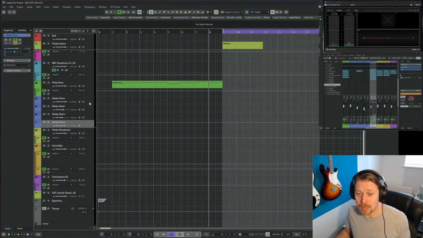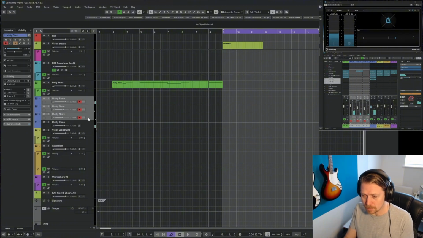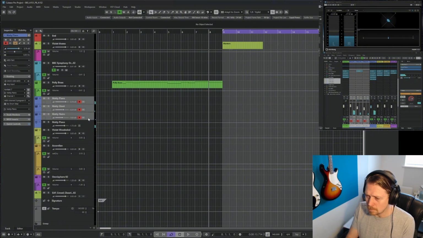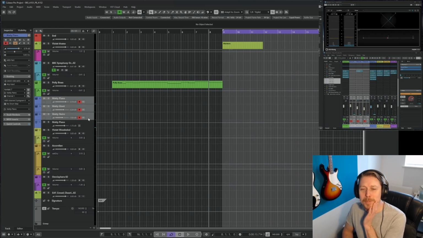I've also got the Matty piano coming in, so I could potentially. Okay, bit too 1920s there. A little too ahead of its time, perhaps.